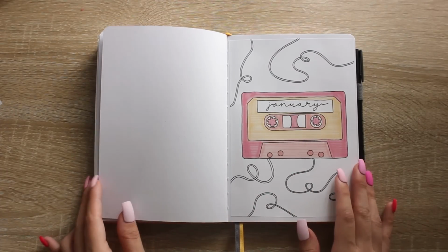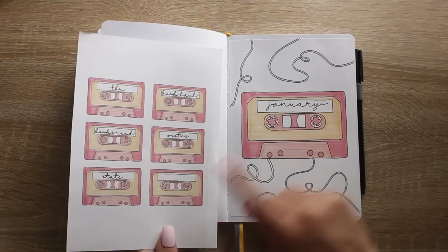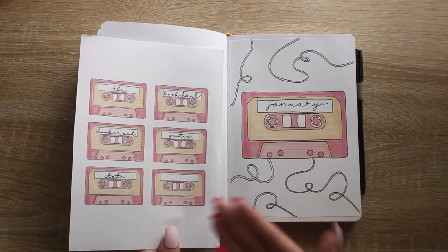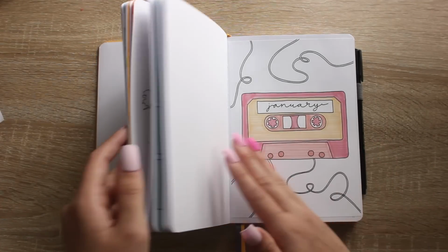That's what I had in my 2022 journal, and I love that it looks like hand-drawn. Like I didn't color these in, like in my book. I colored it in digitally and it's meant to look like it was done with a marker. I also have a version where it's not colored in if you just want the black and white to color it in yourself if you don't like my color theme. But that, I think, is basically it